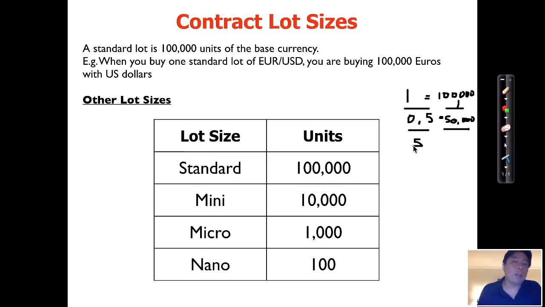But there are certain brokers, for example, if you trade with Interactive Brokers, when you key in, you don't key in by lot size, you key in by the currency unit. So in other words, for Interactive Brokers, you key in 100,000, right? You key in 100,000, not 1, because if you key in 1, they just buy $1 US, okay? So you have to key in 100,000. So you have to know the broker you're using.